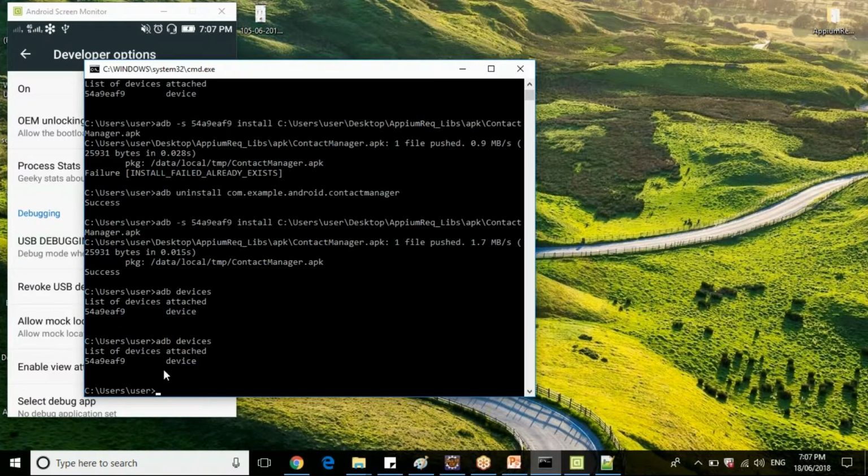So you need to tick that checkbox, then click on the OK button, so that your device state is active here. If you don't allow this pop-up, or if you ignore it, you will be able to find out what device serial ID is connected here, but the status will show as unauthorized. If your device status is unauthorized, your APM tool cannot execute your mobile scripts on this mobile. Clear?